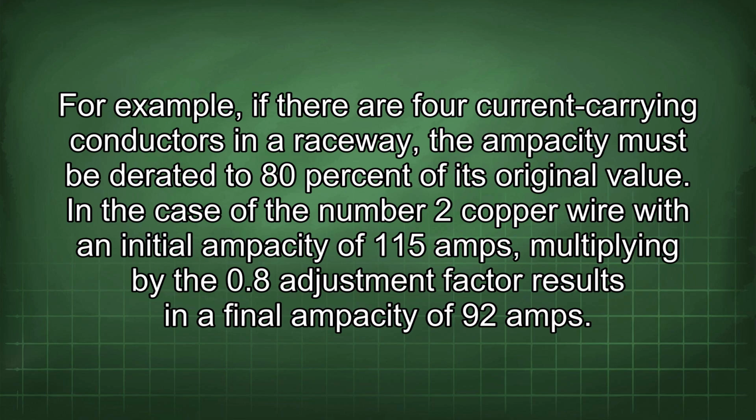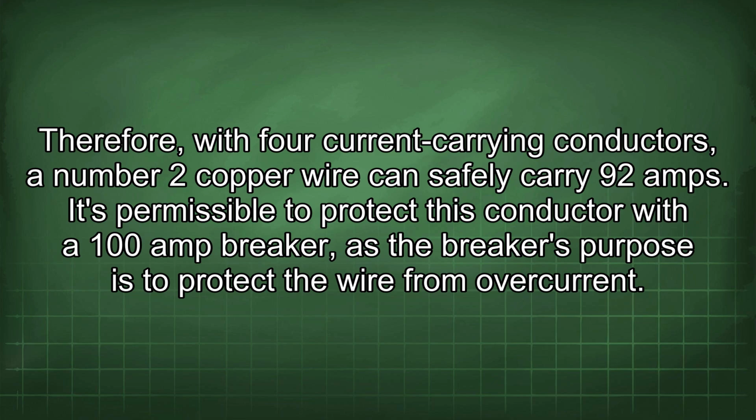its original value. In the case of the number 2 copper wire with an initial ampacity of 115 amps, multiplying by the 0.8 adjustment factor results in a final ampacity of 92 amps. Therefore, with 4 current-carrying conductors, a number 2 copper wire can safely carry 92 amps. It's permissible to protect this conductor with a 100 amp breaker, as the breaker's purpose is to protect the wire